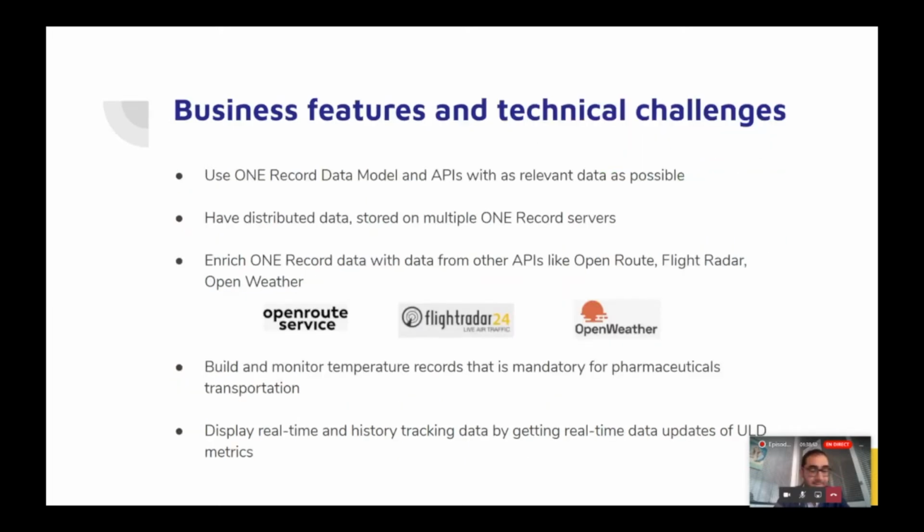Yes. That's for you, Thomas. So, yeah. So about our business features and technical challenges we wanted to address. Of course, at first we wanted to use One Record data model and APIs with as relevant data as possible. So we spent a lot of time to build huge data sets to be able to simulate almost accurate data. Then we wanted to have a distributed solution with multiple One Record servers, just like it would be in real life with One Record. We also wanted to enrich the data we had with One Record with some other data like